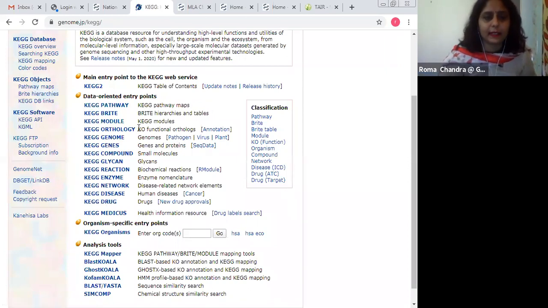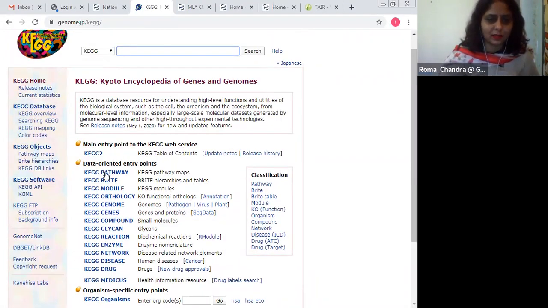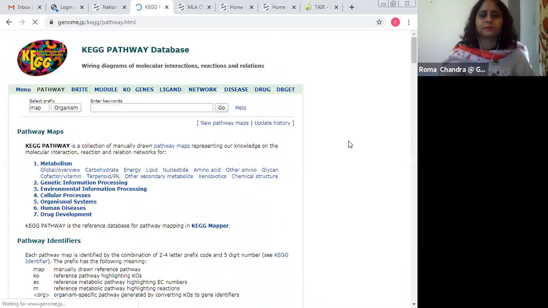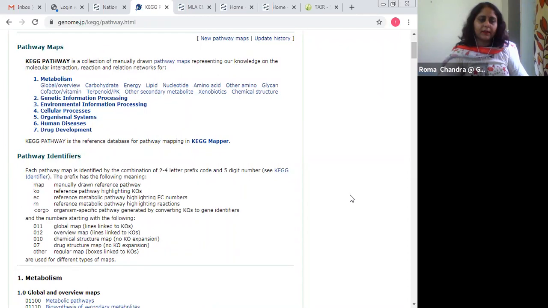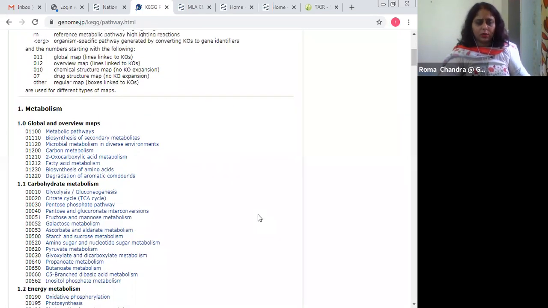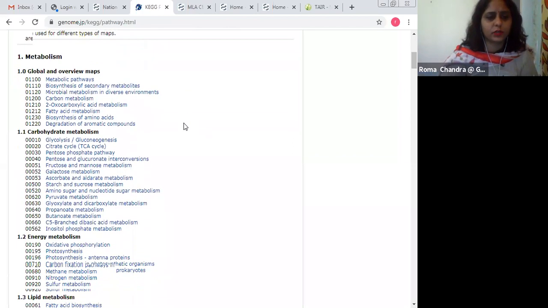Then BRITE is there, KEGG modules are there, and the functional orthologs, the genomes, and many more subdivisions of this database. I just opened this KEGG pathway database. Here you can see a tab called metabolism. There are other tabs as well: genetic information processing, environmental information processing, cellular processes, and so on. If I'm dealing with the metabolism part, you can see